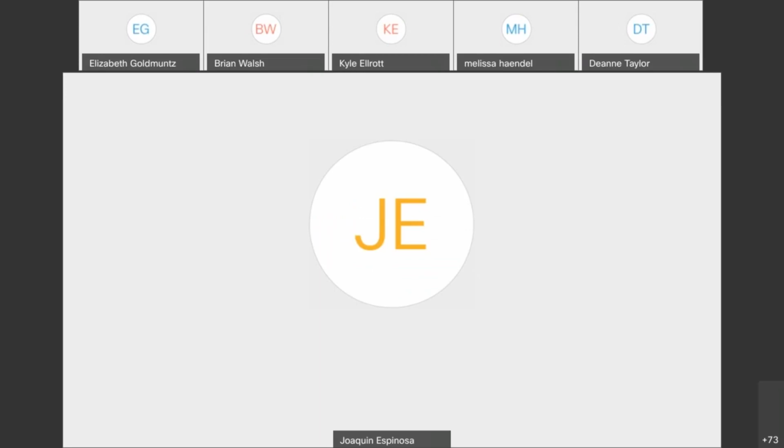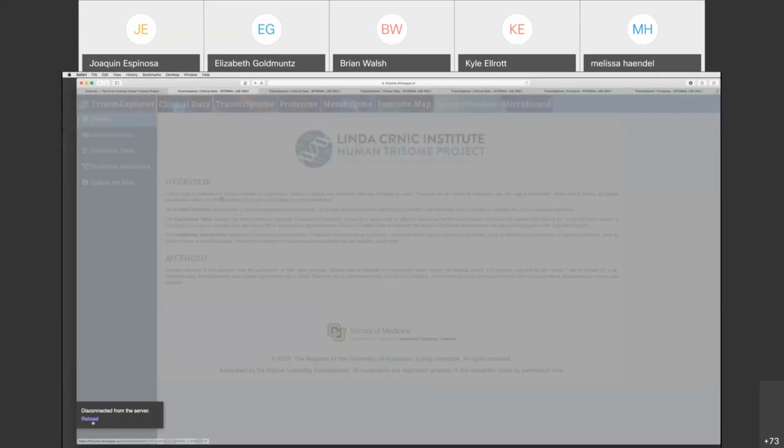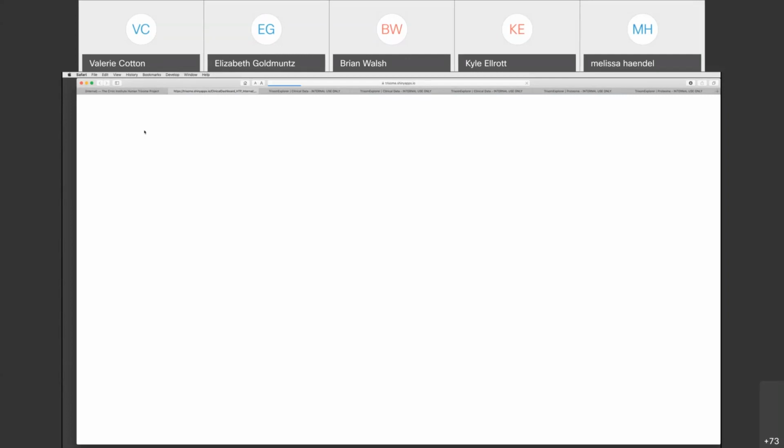It's only two screens that I can... Great. Let me reload this. Can you see my browser, my Safari browser? Okay. Yes, it's slowly loading, but yes. I got disconnected from the